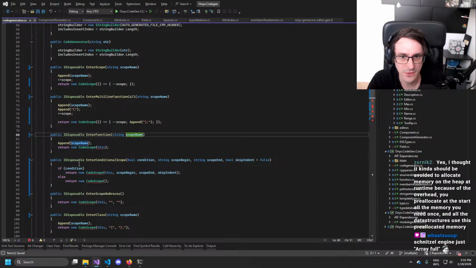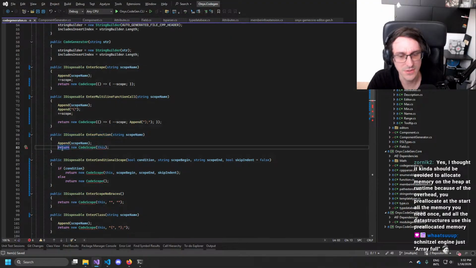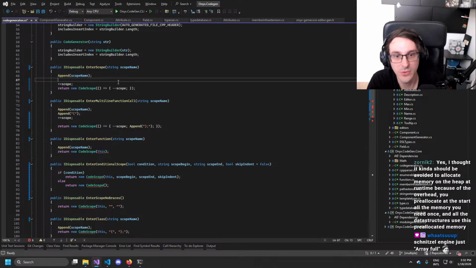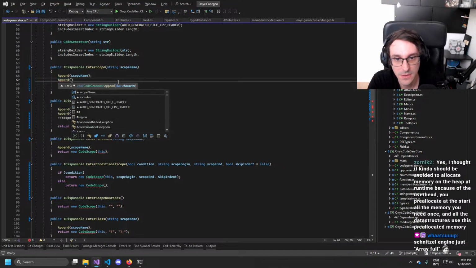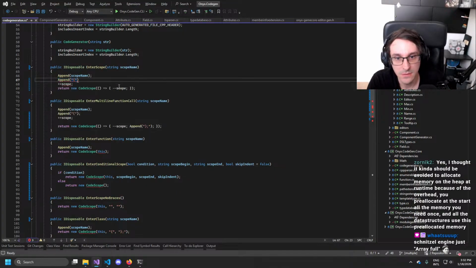Why is there another scope name here that does exactly the same? Oh, because it's enter function. Ah, it's just that. But why? Oh wait, enter scope was intended to enter with the curly brackets, right? It was that.